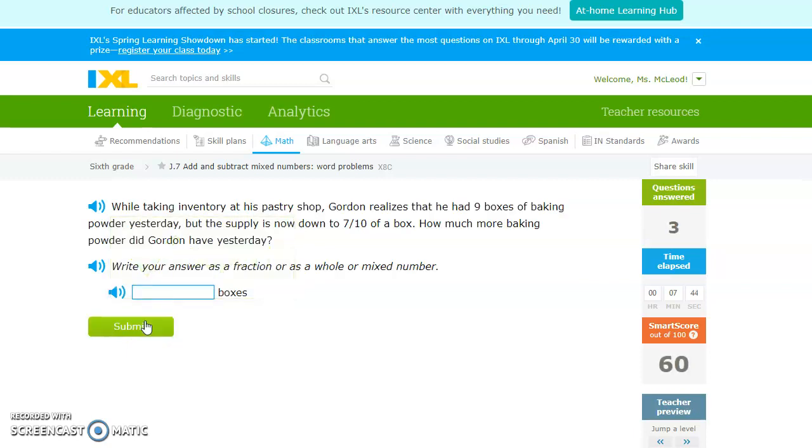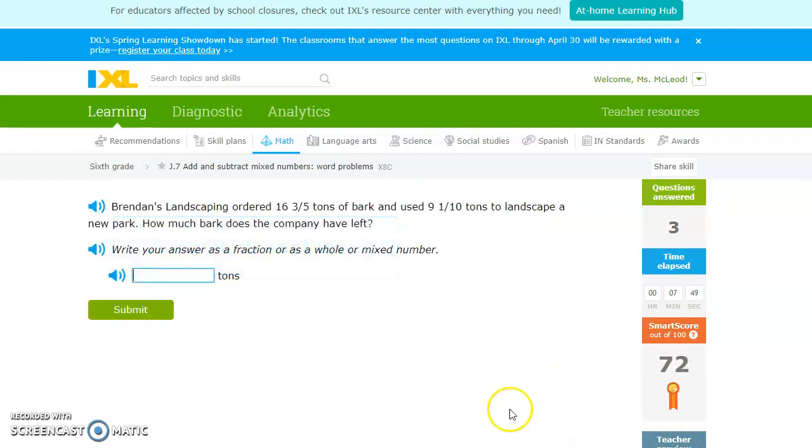Awesome. Okay, let's skip up a level. So I have the capability of skipping up a level. That way, you're not going to get stuck at 40, 60%. I'm going all the way up to the challenge questions to be sure that you can do all different levels